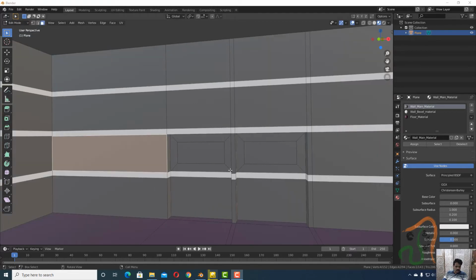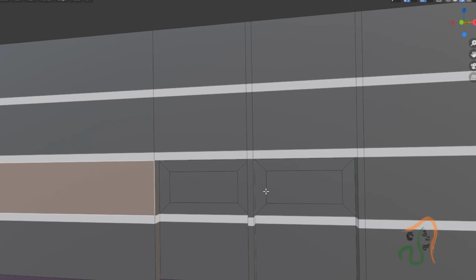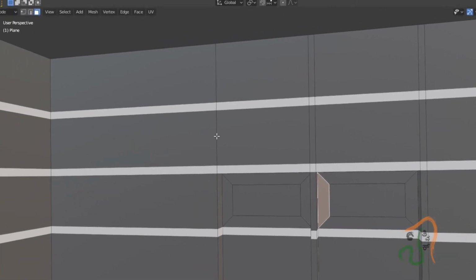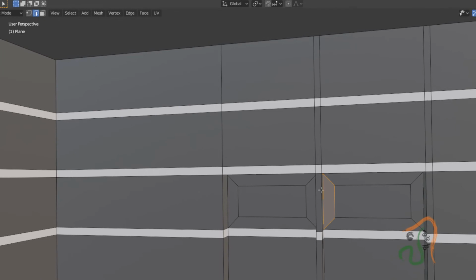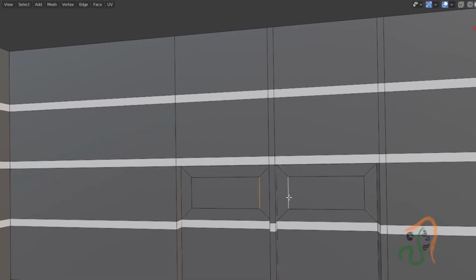Okay, now let us make these edges smaller. So for this what we shall do is press 2 and come to edge mode. When you press 2 you are in edge mode. Now select this edge, with shift press select this edge and then press scale, and along the x-axis press X and scale it and move it slightly closer like this.